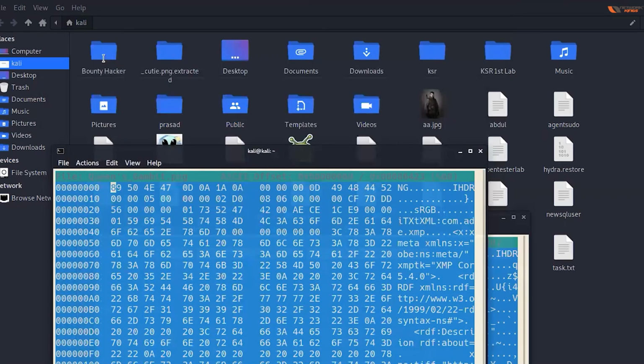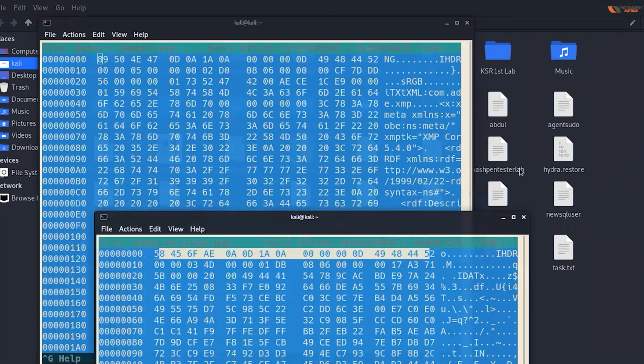Okay, here the code is. Yes, Shubham, the first line is always the file type. The first line is always going to be the file type, Shubham. You can check that with as many files as you want with hex editor. Here it is coming out to be 89504E47 0D0A1A0A, which comes out to be PNG IHDR. Here the numbering is different. Here it's 89, here it's 58.